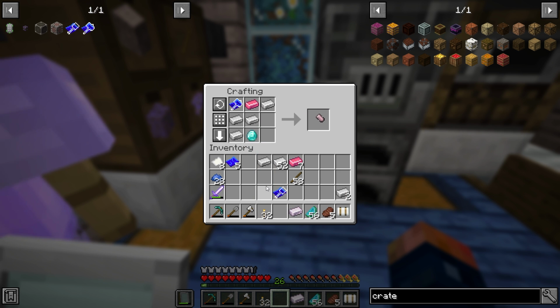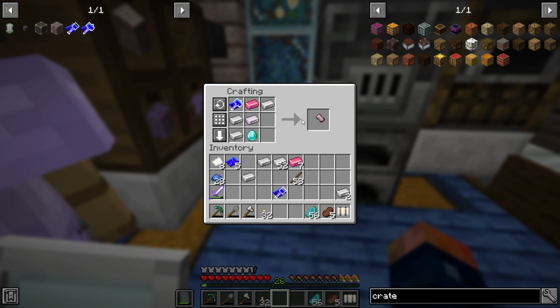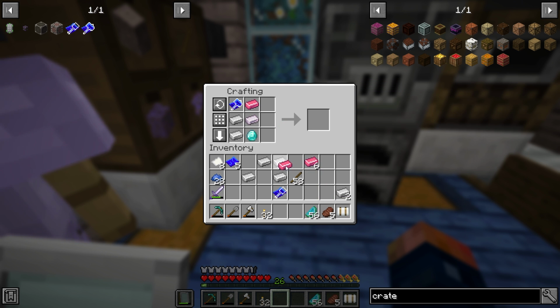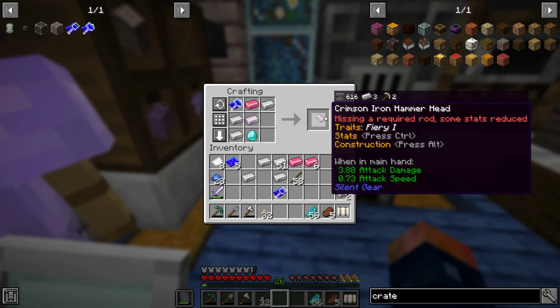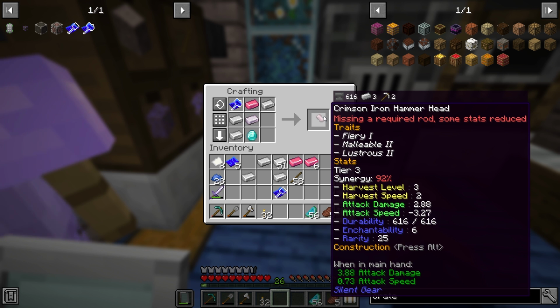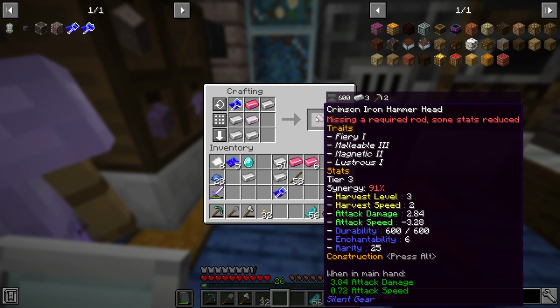So let's put one of these pieces in there, and then also one of these pieces. So its traits are showing that we have fiery 1. So if we put 2 of these in here, will that give us 2? Okay, so it's just 1. Okay, and then hopefully our durability is pretty nice. Durability is only 600. Does it give us more durability if we...